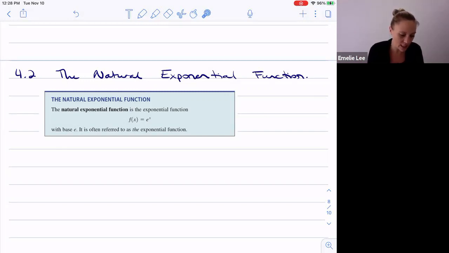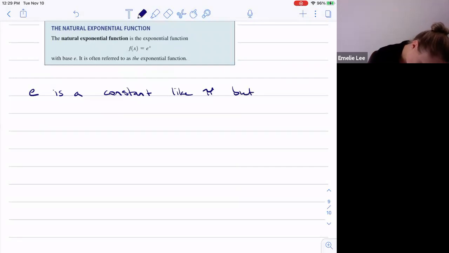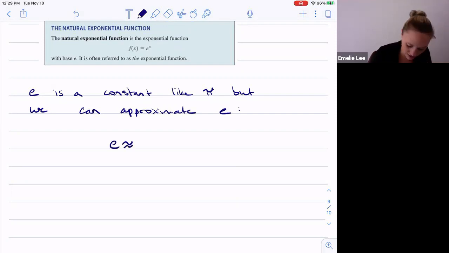But if you do e to the power of 1 on your calculator, so e is a constant like pi, but we can approximate e. E is approximately